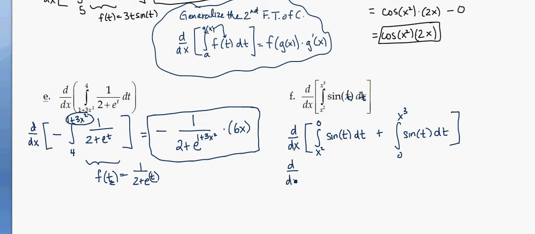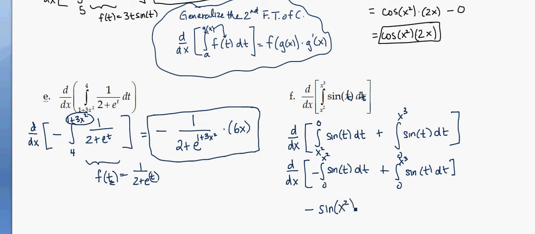And then for the first one, I need to switch the order of the bounds because it has to start with a 0, again, to meet the hypothesis of the second fundamental theorem of calculus. So I can write it as negative the integral from 0 to x squared of sine, plus the integral from 0 to x cubed of sine. And so I've broken it up now into two pieces, and now the second fundamental theorem of calculus would apply. The derivative would just be negative. Now I take this function and I replace the t with x squared, but then multiply by the derivative of x squared,